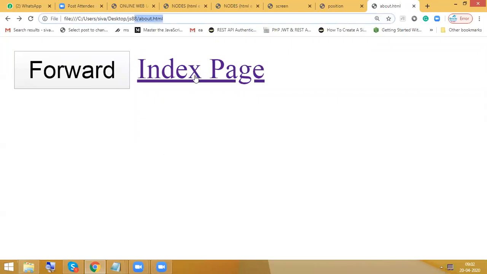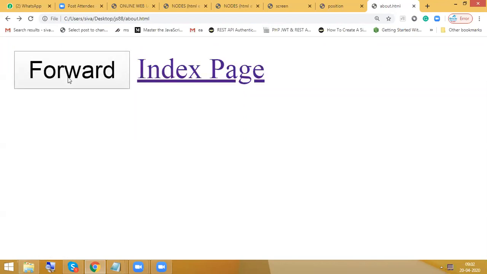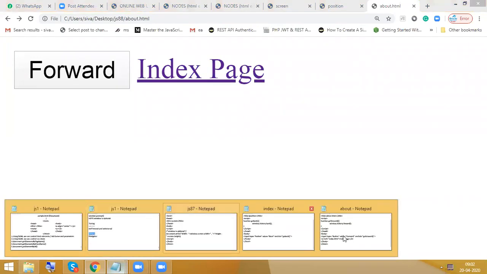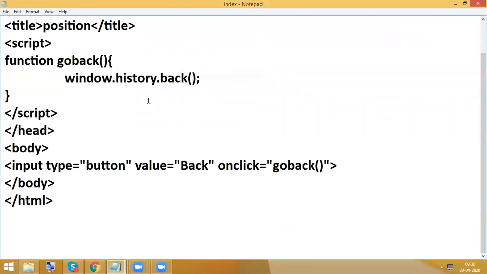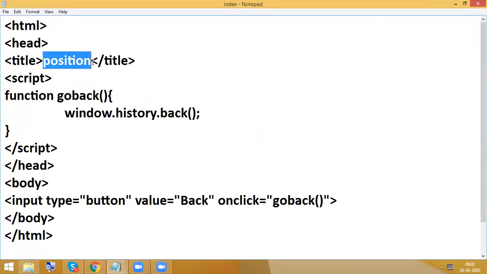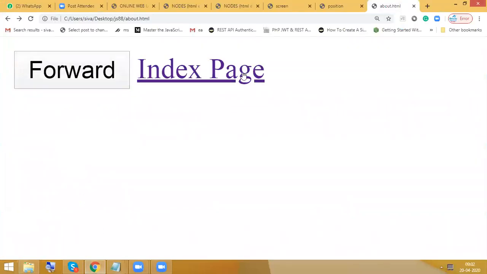Whenever I'm clicking on index, now we are in index.html. Back, forward. Okay, so forward is not working. One second. So index, forward.